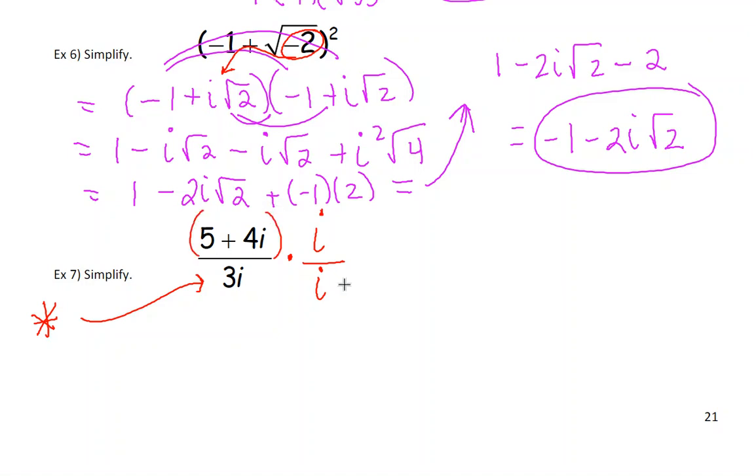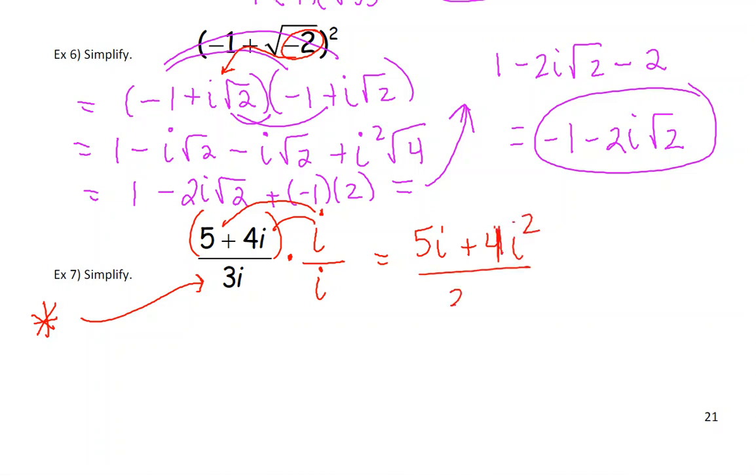And the reason why this works is anything over itself is 1. So we're really just multiplying this original expression by 1. Except it doesn't look like a 1, it looks like an i. And so then I'm just going to use backwards distribution here, and I get 5i plus 4i squared